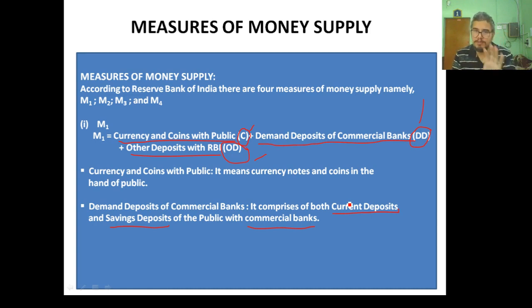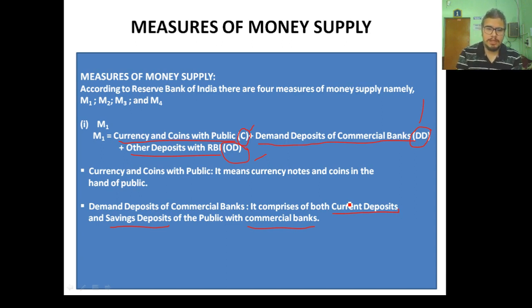Nevertheless, we have to keep one thing in mind, that these are both demand deposits, and we can withdraw or use that money as and when we are ready to use it, or as and when we are in need to use it. That is the main thing which we have to remember here. Demand deposits means the money kept in the bank which we can use as and when we are in need of it, as and when we demand it. Okay, I hope it is clear to you all.